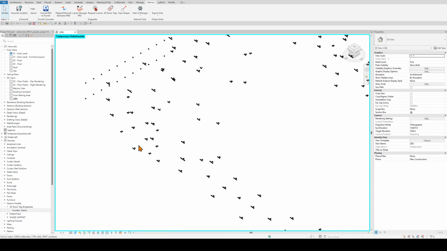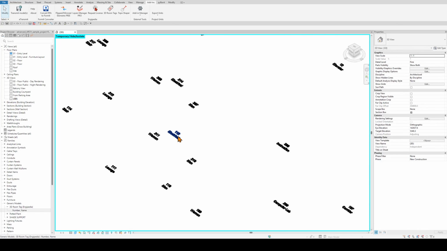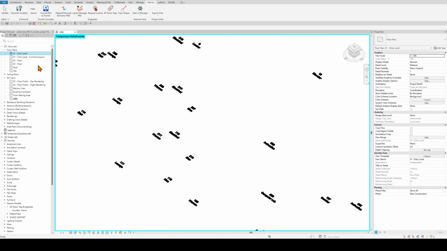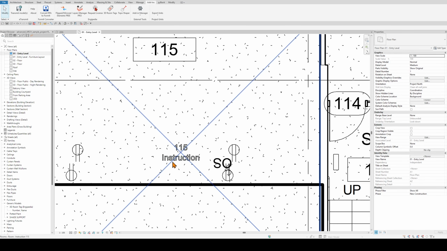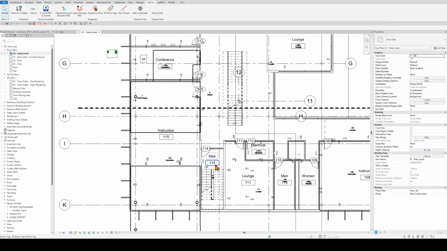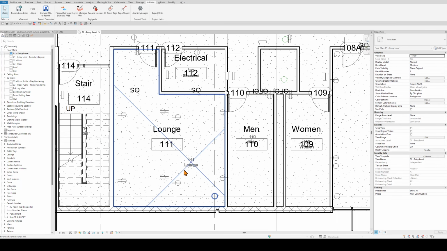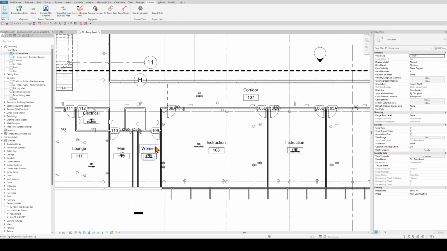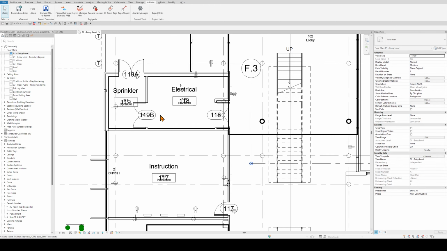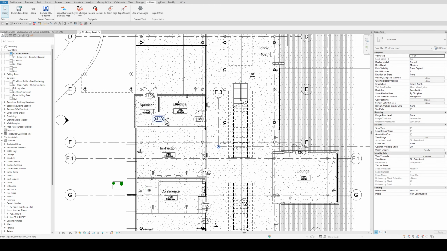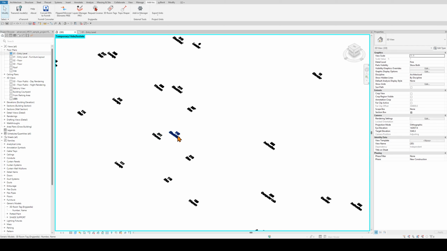Now that we have these, a common problem is that these will be visible everywhere. So for example, if we go to the entry level floor plan, you can see these 3D room tags appearing in the view, and basically they are making an issue. So in order to preserve our view consistency, first I'm going to select all of them and place them in